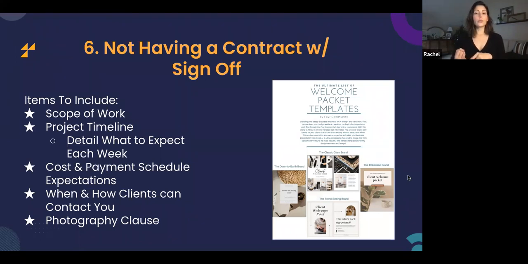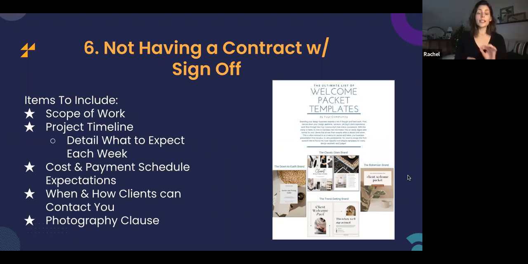So your scope of work, if you don't do procurement, make sure you write that out. If the client's in charge of purchasing all of those pieces, make sure that's clearly defined. The project timeline. So week one, maybe you're doing a project and you estimate that it's going to take 6 months. You want to have at the very least 2 points on a timeline per month, where you can say, okay, 2 weeks into the project, this is what you can expect from me. And this is what I need from you.